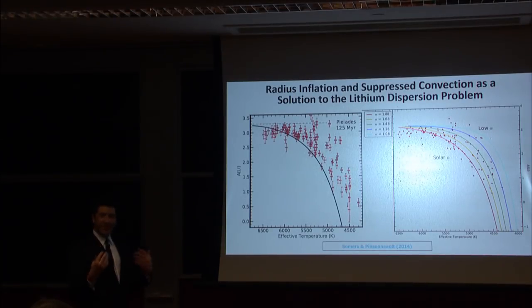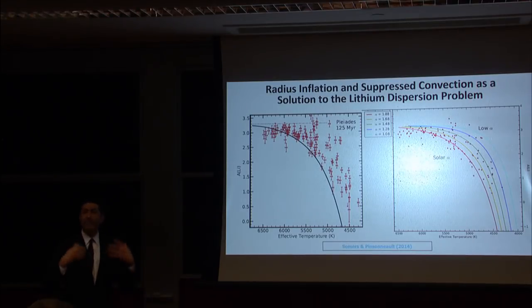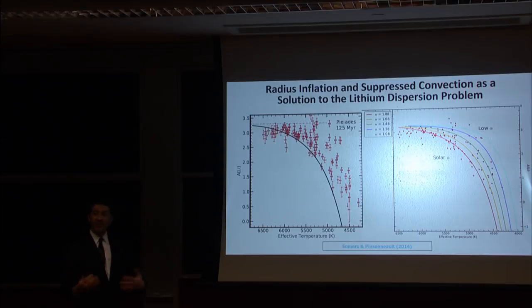There has been this long-standing question in the literature, where it's been known for a long, long time that if you look at the distribution of surface lithium abundances in the Pleiades, many of the Pleiades follow this standard model of lithium depletion with solar-type internal mixing for the nominal age of the Pleiades. Many of them follow that relation, but many of them are clearly less lithium depleted